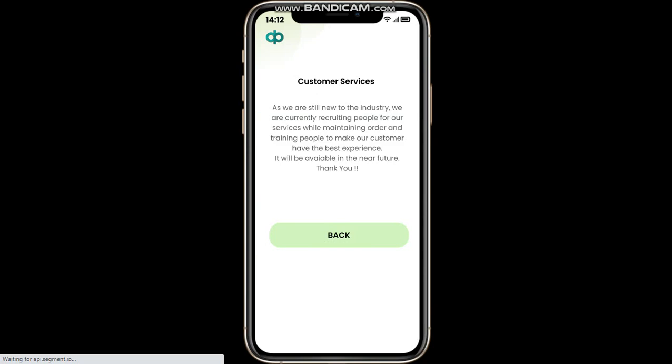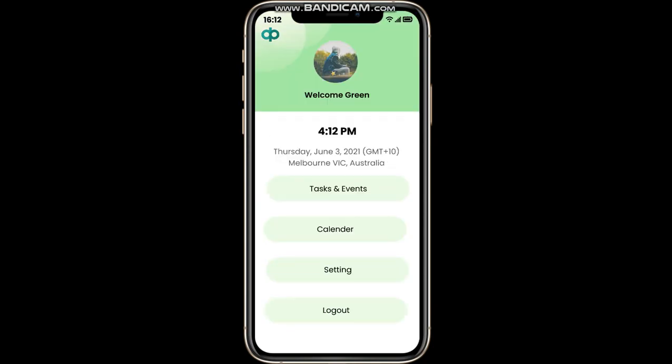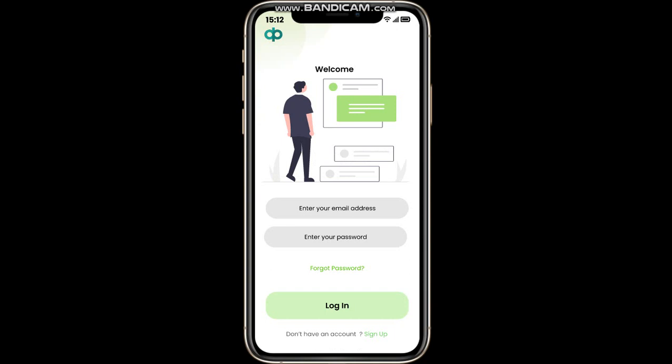Having done that, we have the last one, which is the logout button. So that helps you sign out in case somebody else wants to use it. Literally, it's one of the least used buttons in the application, since our gadgets are personal, so we don't need to log out of our applications. But we're gonna use it this time, and we're gonna click logout. And when you click, it'll take you to the login page where you log in again. So that's the application. In the future, we'll try to make it